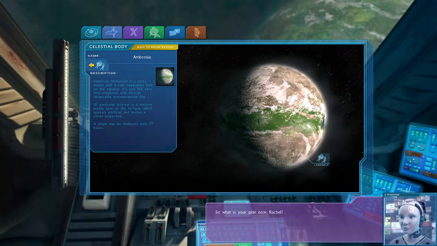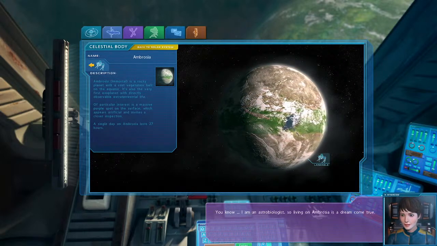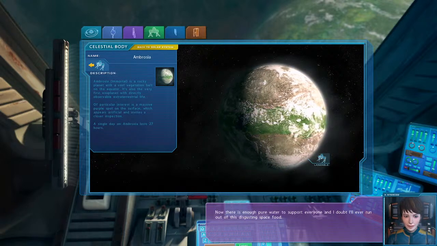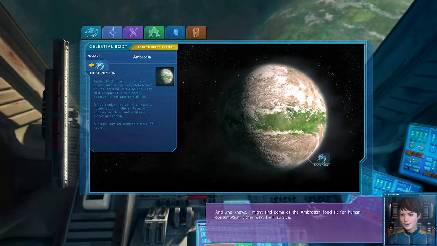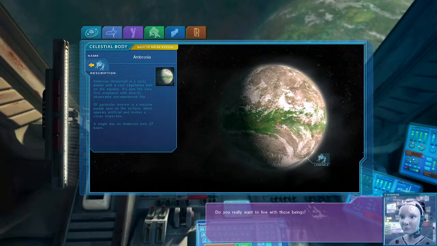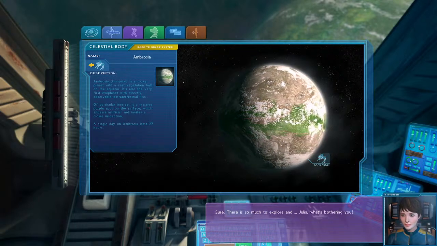So what is your plan now, Rachel? You know, I am an astrobiologist, so living on Ambrosia is a dream come true. Now there is enough pure water to support everyone, and I doubt I'll ever run out of this disgusting space food. And who knows, I might find some of the Ambrosian food fit for human consumption. Either way, I will survive. Do you really want to live with those beings? Sure, there's so much to explore and...